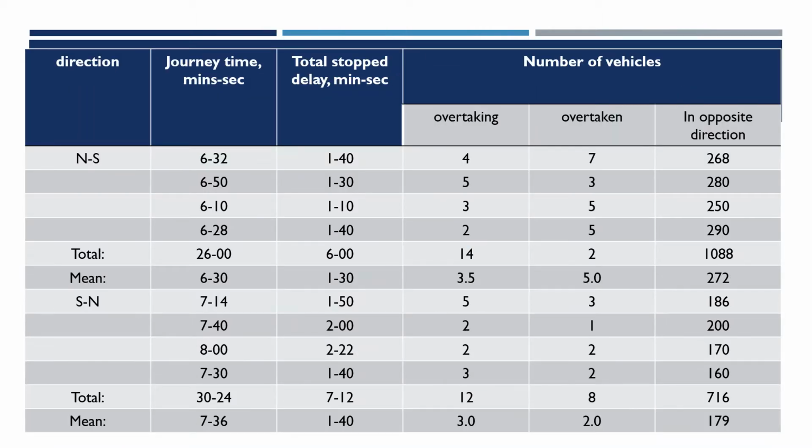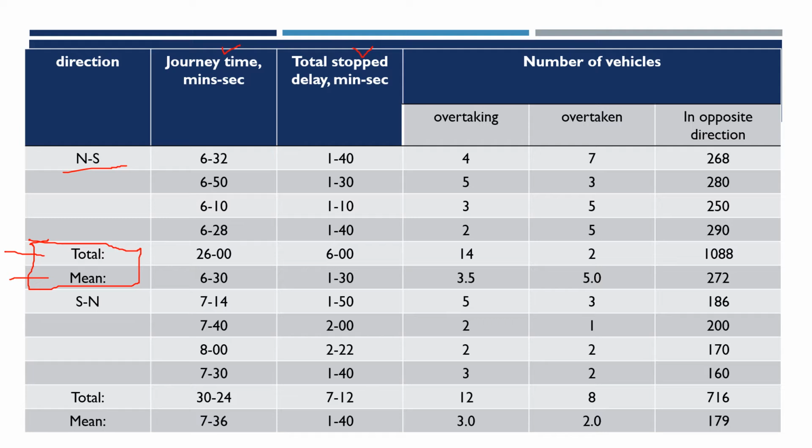Alright. This is the segregated data corresponding to the direction. So here for the north-south direction, 4 observations are there. Towards the end, 2 rows have been added, which indicate the sum total as well as the average value. So we have the average for journey time, average delay time, and average for the number of vehicles. A similar exercise has been repeated for the south-north.